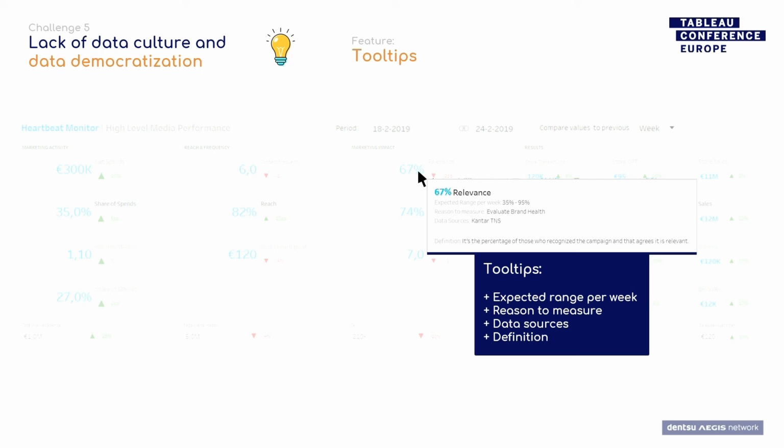And finally, we have the definition. This was quite important because all of those multiple stakeholders, sometimes they were using the same name, but they were actually using different calculations for what was supposedly the same KPI. So it was quite important for us to include the definition there, so everyone would speak the same language when it came to data, and everyone would know exactly what we were referring to for each one of those KPIs. So using the tooltips was also quite important for us to spread this data culture and also to democratize data, because then people who would receive access to the data using that user management thing